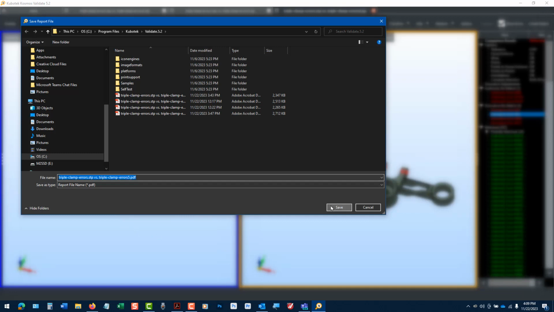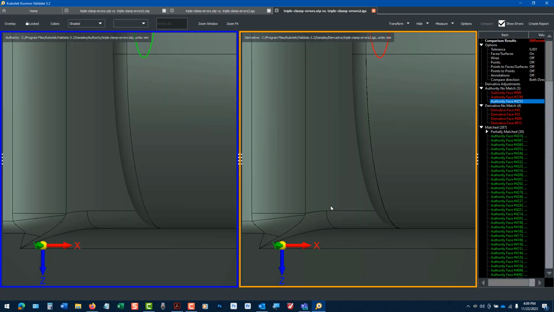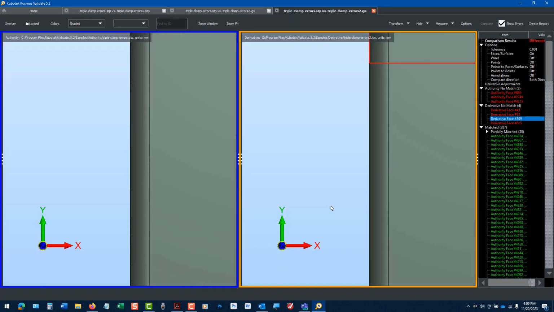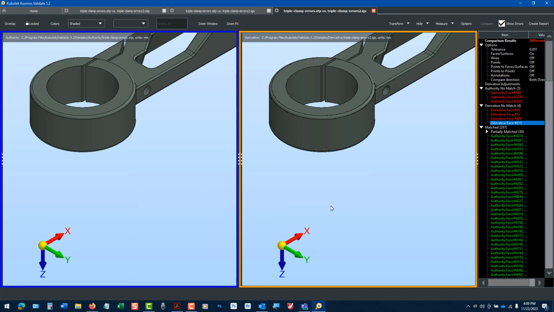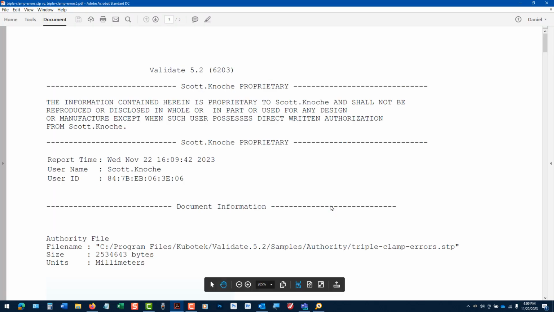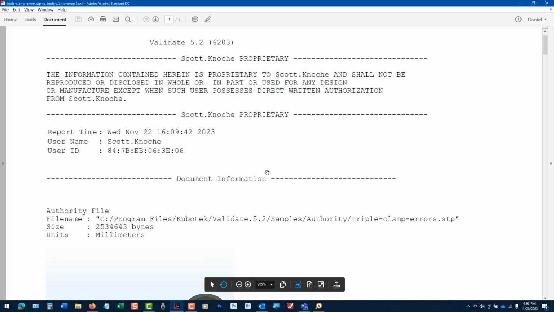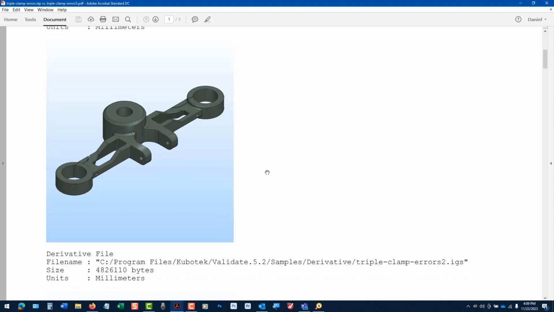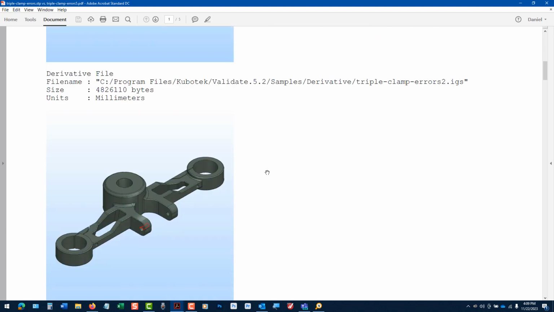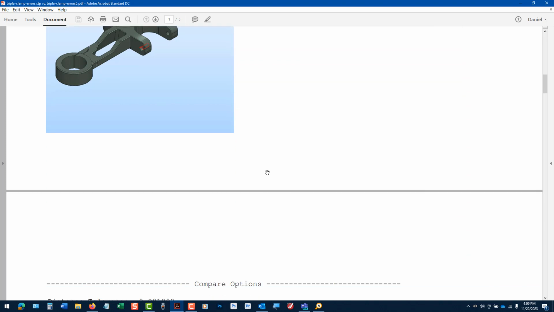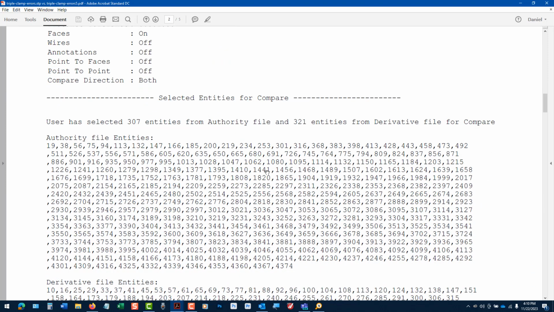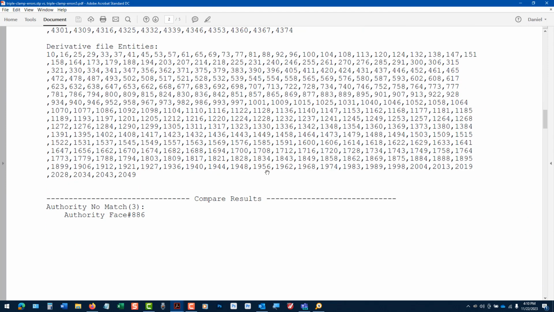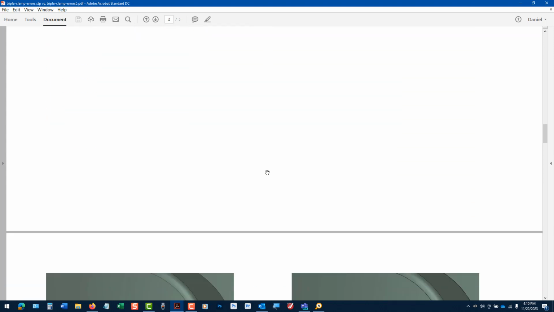And then click Save. The software is going to snap some screenshots of the fit model so we can get a good look at the entire model. It's going to give us details on the file names and where they're stored for traceability. So there we see the fit, derivative, and authority models with colored features showing where there were failed comparisons.